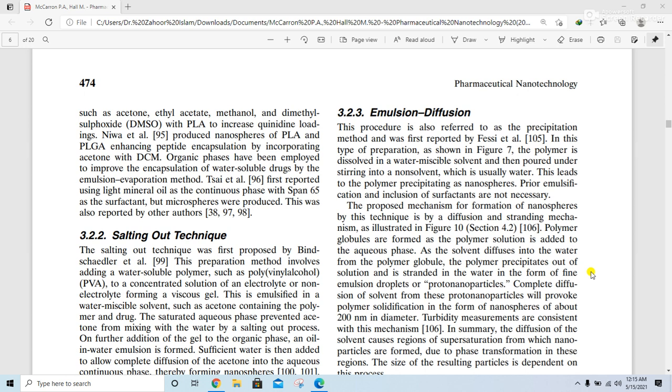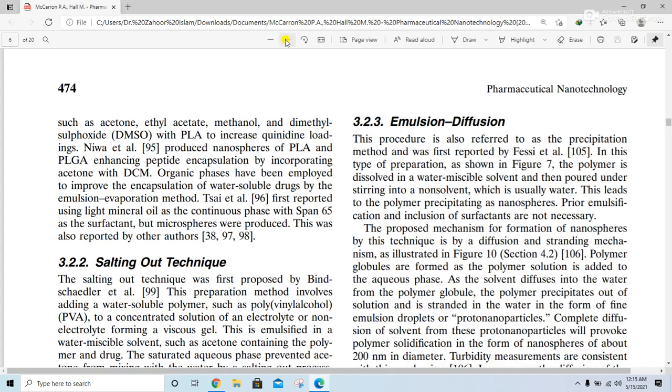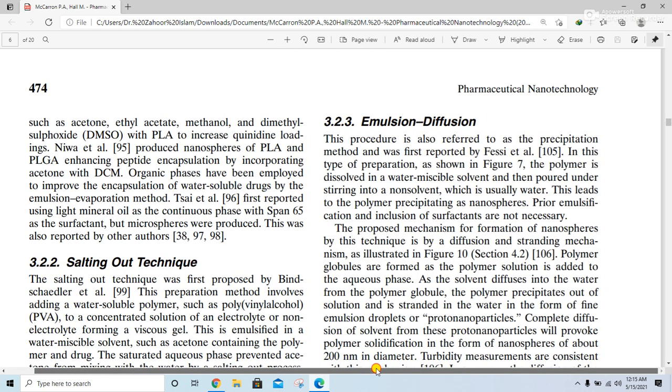So as we have already discussed the different methods which are used for the preparation of nanospheres, another advanced technique is called the emulsion diffusion method. This procedure is also referred to as the precipitation method, and it was first reported by Fessi et al. In this type of preparation, which is shown in figure 7,